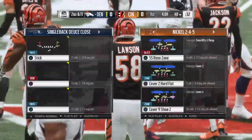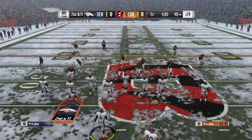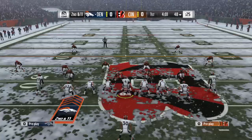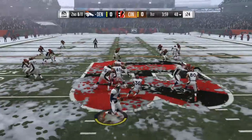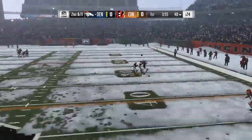An interesting and intriguing decision there defensively, because they kept extra DBs on the field despite seeing the multiple tight end look that came out for the offense. I thought they were going to switch out of it. I didn't know if they felt they didn't have time or what the case was. Well, in any event, the extra speed allowed for great penetration as they...